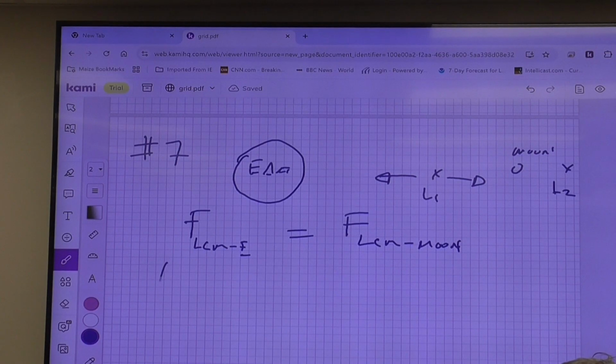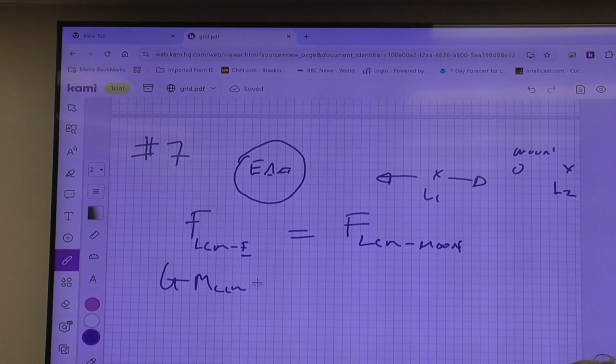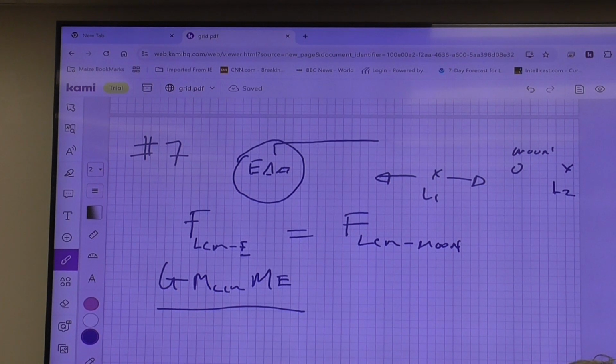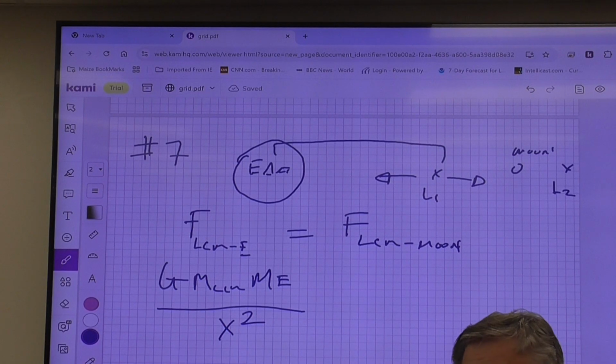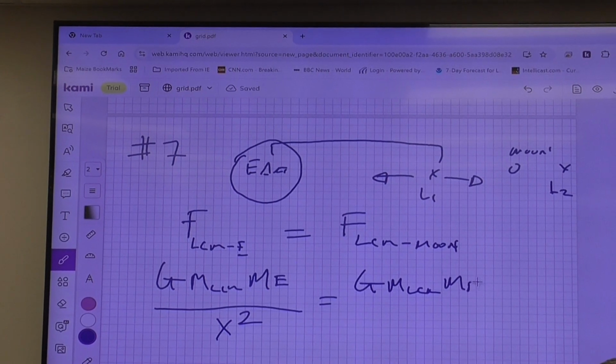So, this is going to be big G, the mass of the Lunar Command Module, mass of the Earth. Now, this is going to be some distance x. We don't know what the distance is. Don't care what it is. We're just going to let that be x. But that's going to get squared, because it's Newton's law. Now, that has to equal big G, the mass of the Lunar Command Module times the mass of the moon,